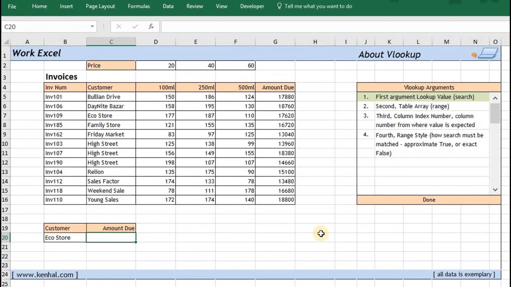Let us see how. Equal to VLookup, it takes 4 arguments, and the first argument is lookup value. This happens to be Echo Store over here. I press a comma, and then it requires second argument table array, which should be starting from customer because I'm searching a customer, and not from invoice number, although my table is starting from invoice number. So I select the customer over here, along with that the rest of the table for second argument table array,